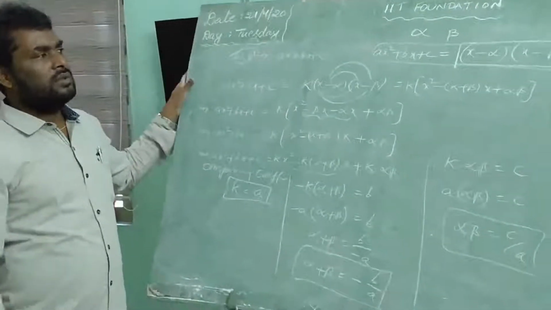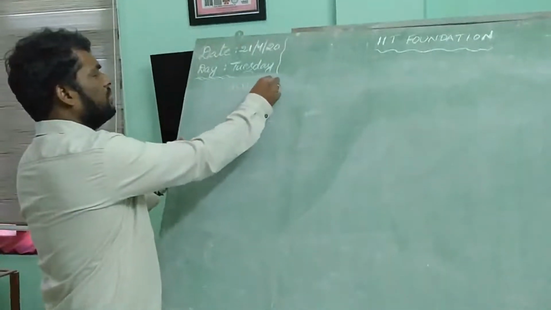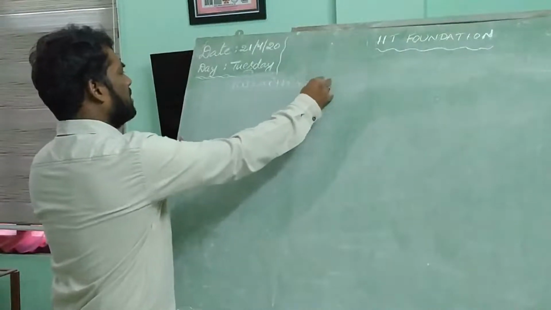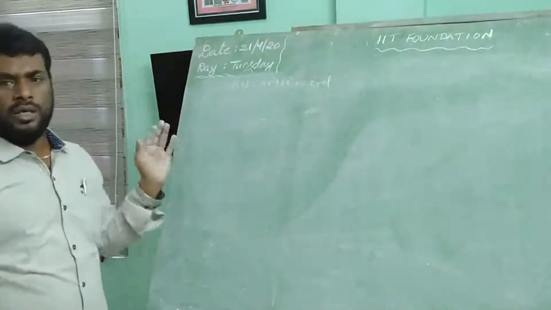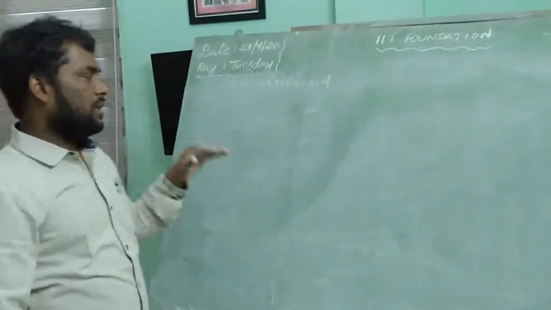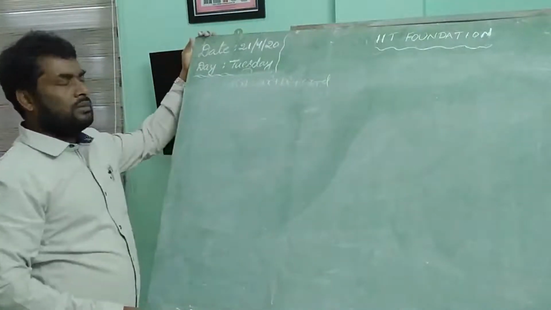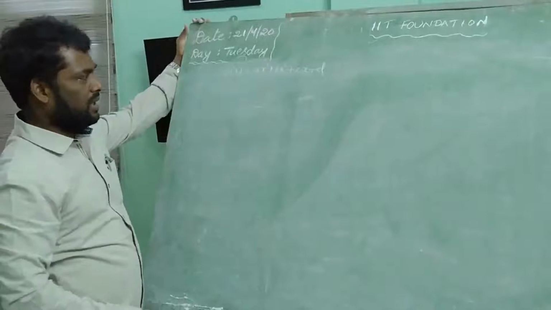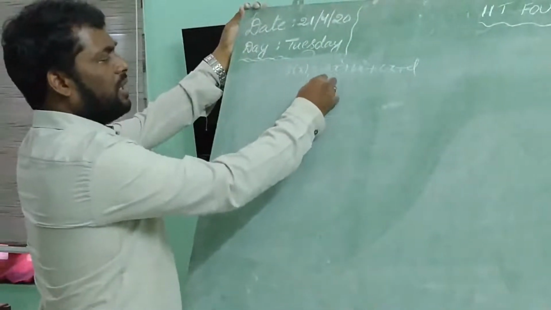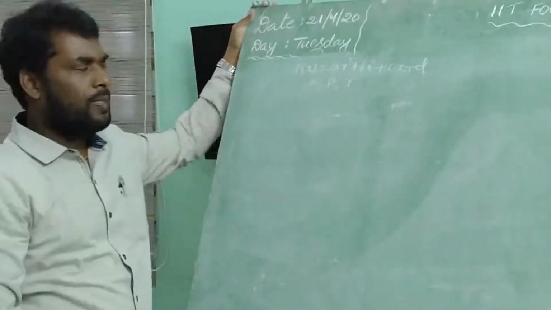Same concept, this time I am taking one cubic polynomial p of x is equal to ax cube plus bx square plus cx plus d. So I am telling again the derivation of the relationship between zeros and coefficients of a cubic polynomial. So I am taking one cubic polynomial ax cube plus bx square plus cx plus d. It has three zeros, at most 3 zeros. I am taking these 3 zeros as alpha, beta and gamma.